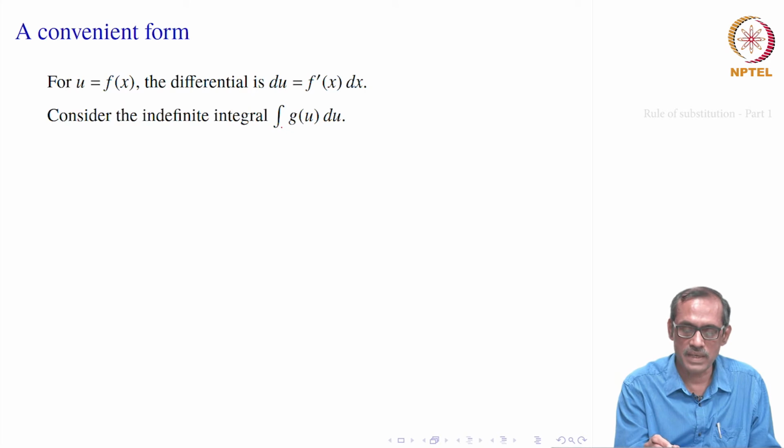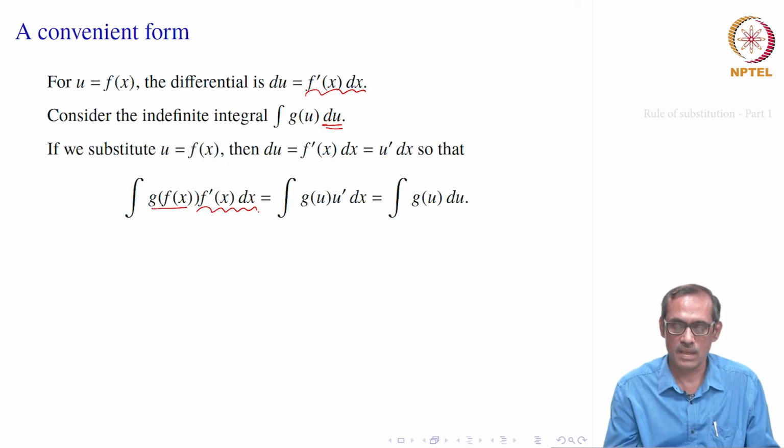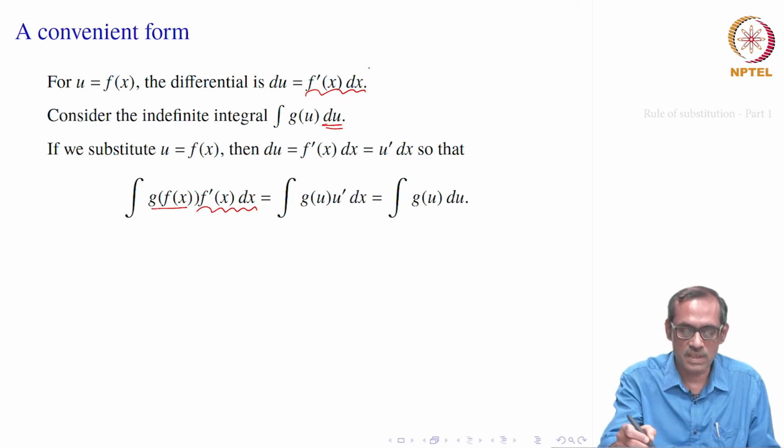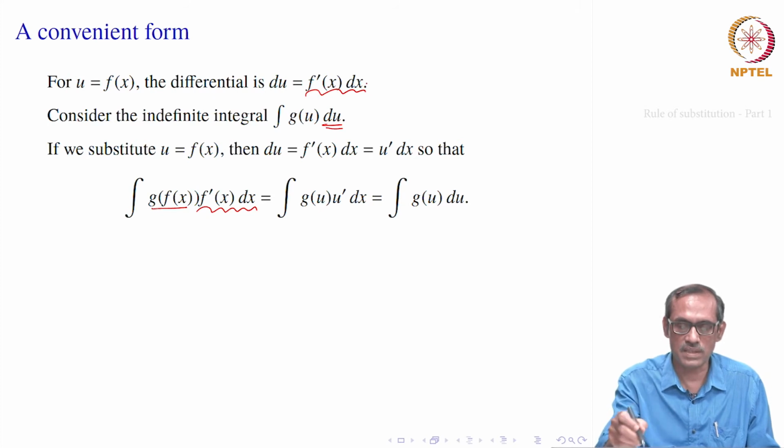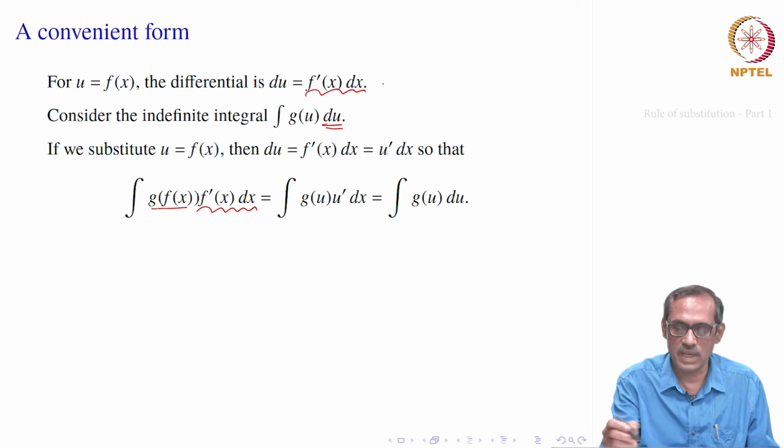Then in the indefinite integral of g of u du, you think of g of u, which is g of f of x, and then what about du? du is f prime x dx. So, you just substitute that here. Because of this dx in our notation, this is really going through very well. This looks trivial, why are we so concerned about it, but you think of this dx as if something like it is the integral